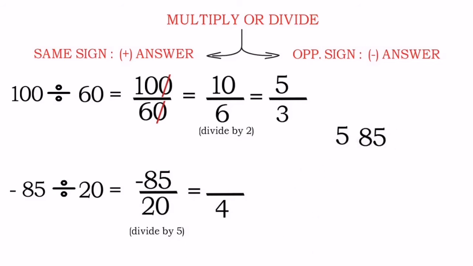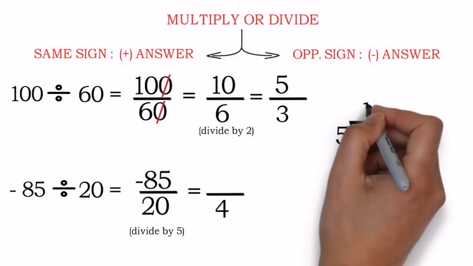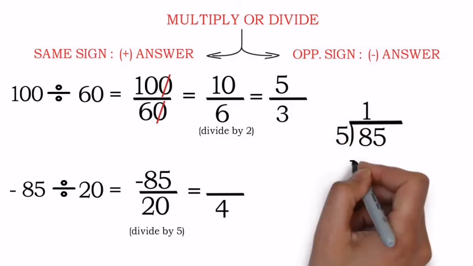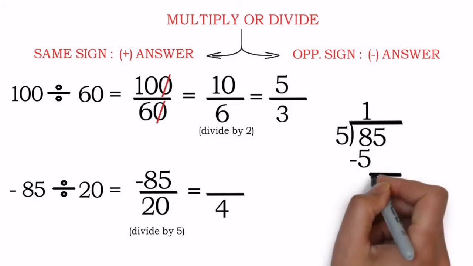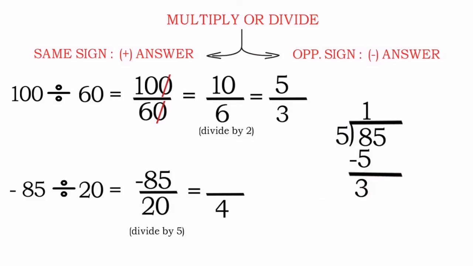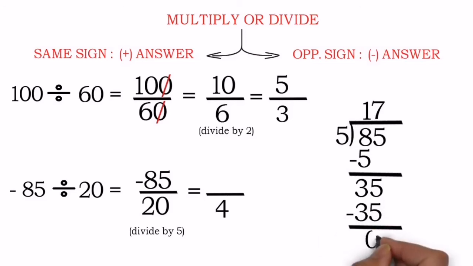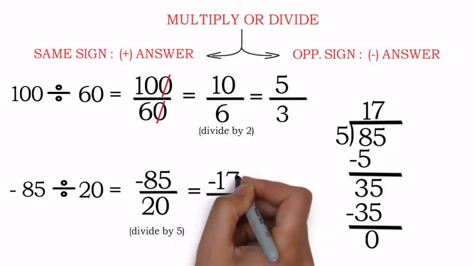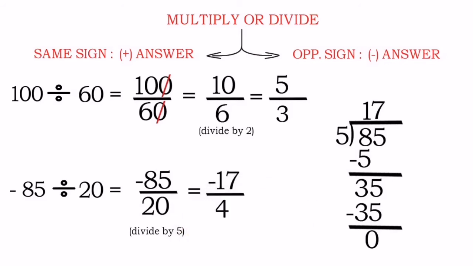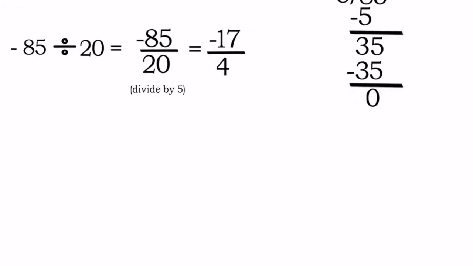Now let's try to divide 85 by 5, and you know which method. If you are able to divide it in your mind without working, then also it is okay, but presently over here I'm showing you the complete working. So here we go with the division. What do you see on the screen? In 17's table we get 5 17s are 85, correct or not? Yes, 5 17s are 85. So my answer in the numerator should be 17, but only one number is negative. That means we have to give a negative sign to the answer, and that is why the negative sign is stuck to the 17.